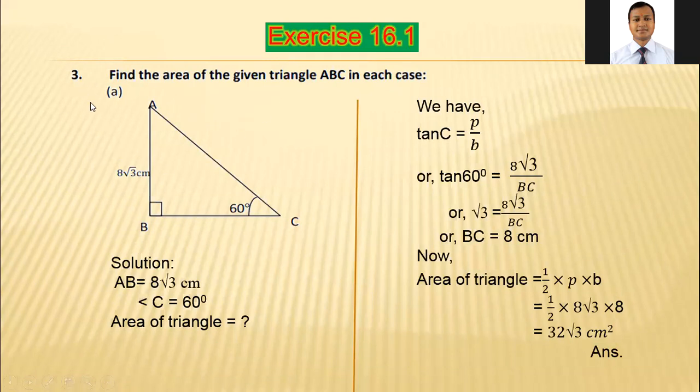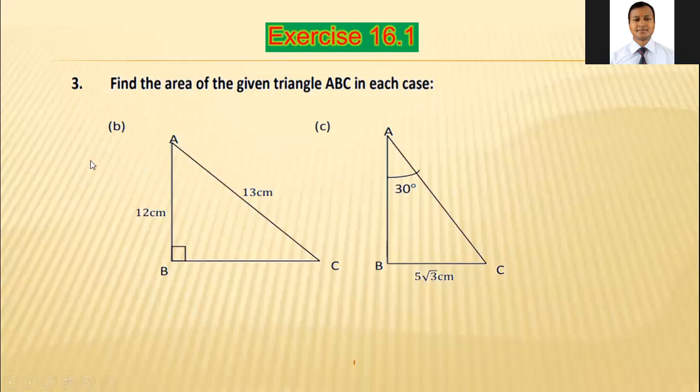Let's discuss about other questions of question number 3. There are 2 more questions, and how to solve these questions I'll discuss here, and I'll leave these for you. There is the question in which AB is given, AC is given, so it is also right angled triangle. In right angled triangle, if 2 sides are given and if third side is not given, we can use Pythagoras theorem to find out the third side.